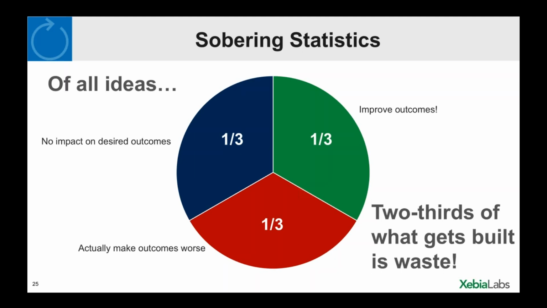So only a third actually served to improve the outcomes that were hoped for at the beginning. It boils down to two thirds of what was getting built being either total waste or potentially waste with an even worse outcome. This says we have to make sure we're not just getting good at shipping and delivering software, but that we understand whether it is having an impact, so we can respond and improve that value, so that improved outcomes grow from a third to two thirds to 95 to 100%.